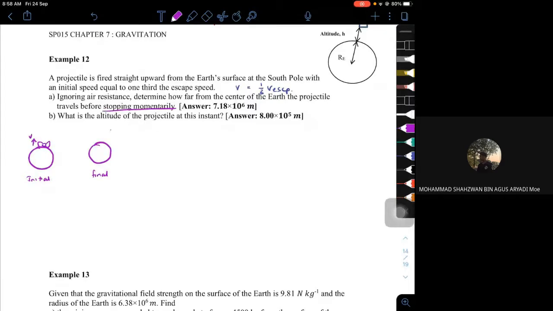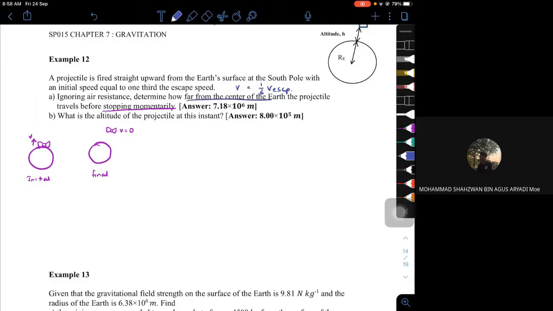Okay, katalah dia stop dekat sini. Okay. V equals to 0. Tapi still tak berjaya escape from the surface of the earth because dia cakap perkataan stop momentarily. Momentarily tu sekejap je. Lepas tu nanti dia patah balik ke bumi. Okay. So tapi dia nak tahulah waktu dia stop sekejap tu berapakah